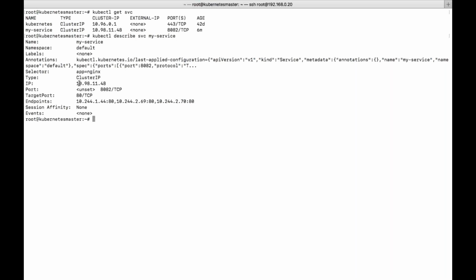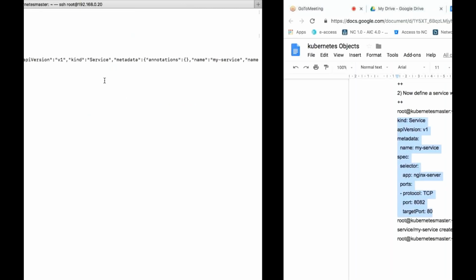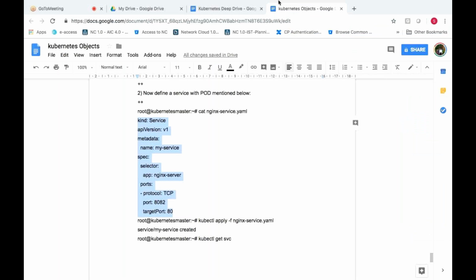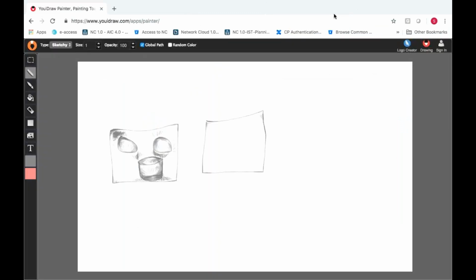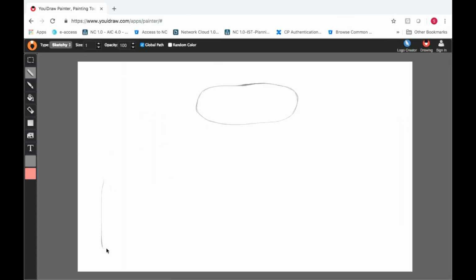So diagrammatically, if you want to understand it, now here there is a service which is created. Here there are pods, three pods, which are created with a deployment. Let us assume these are created with the deployment concept.